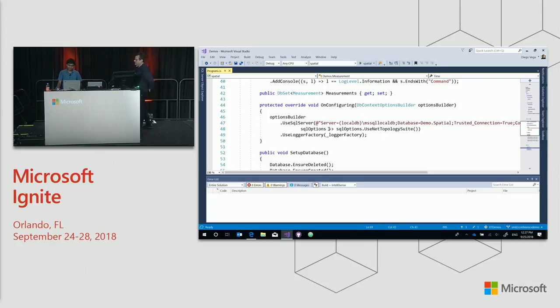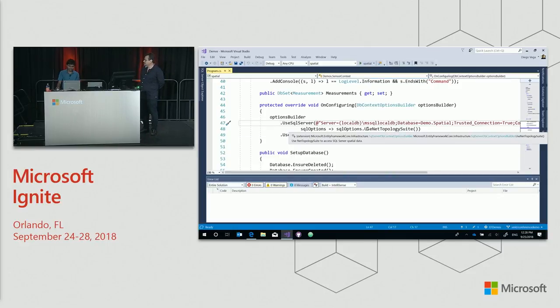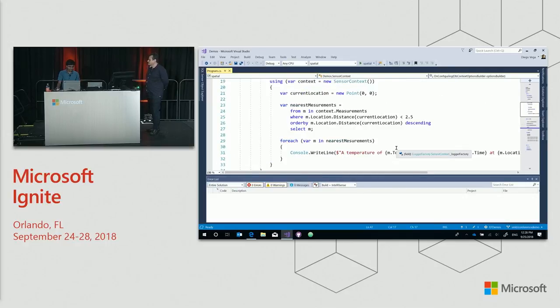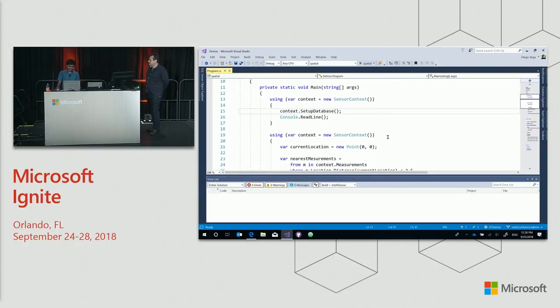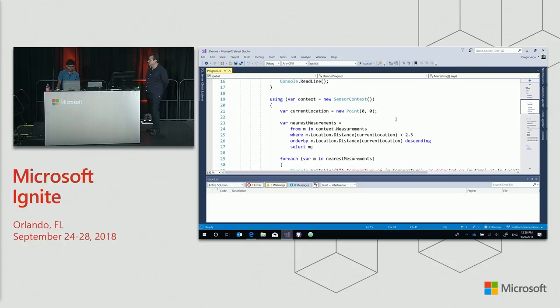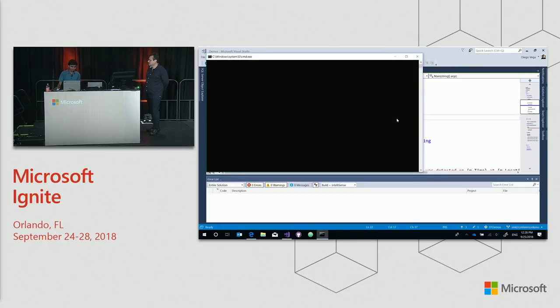So in order to use NetTopologySuite in your DbContext, basically in your normal UseSqlServer syntax, you pass the second argument and configure it with sqlOptions.UseNetTopologySuite. This will enable all the type mapping and function mapping coming from the NetTopologySuite package. So then we are basically going to create a database, save some data, and run a query. So if we run this demo,